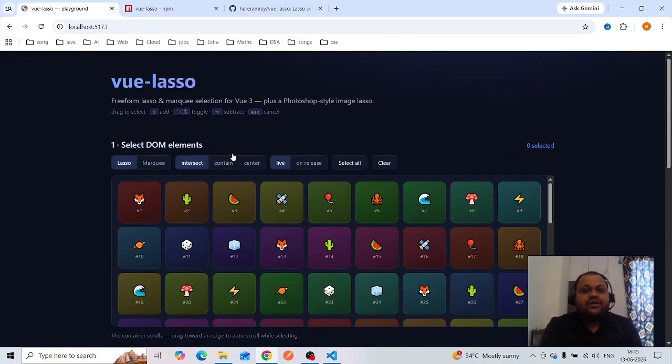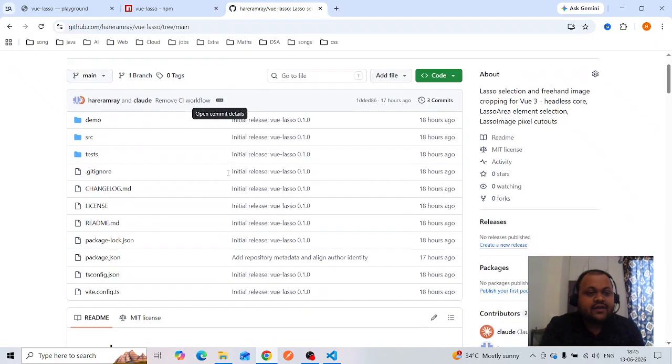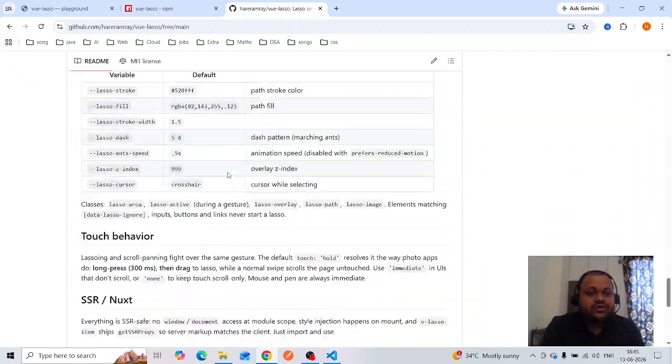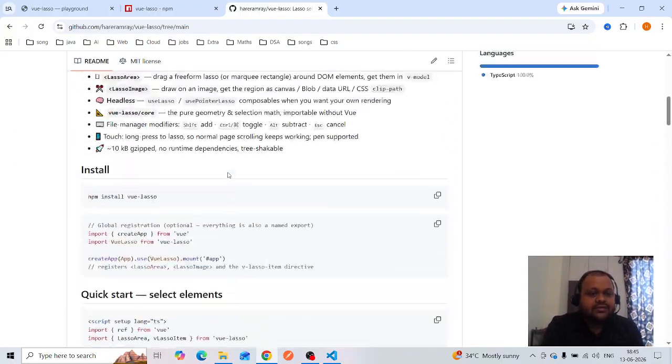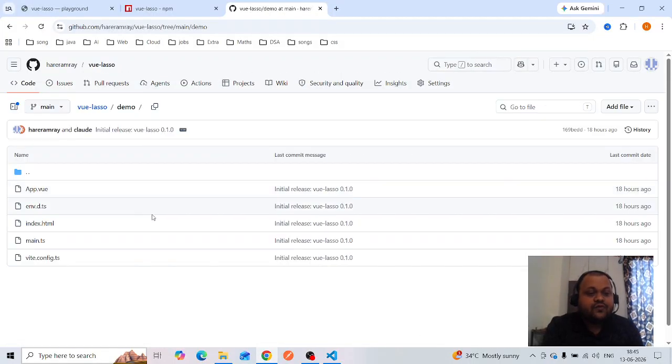So this is the one demo, and this is GitHub. Here you can see that this is GitHub, so you can go through this one, and here this is the demo folder, so you can use the demo folder to run this and see how it